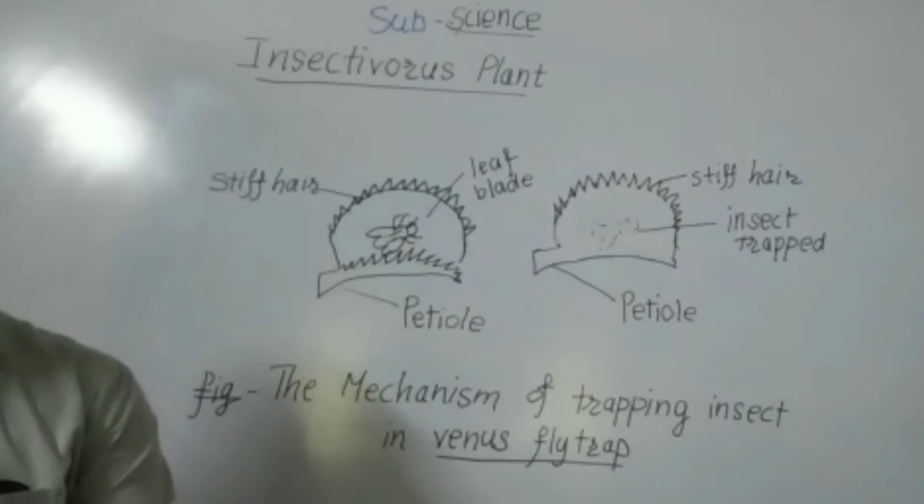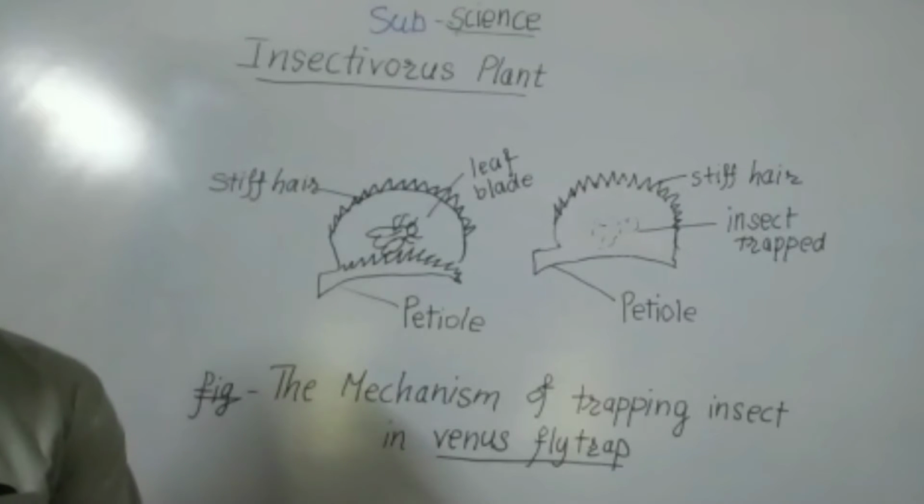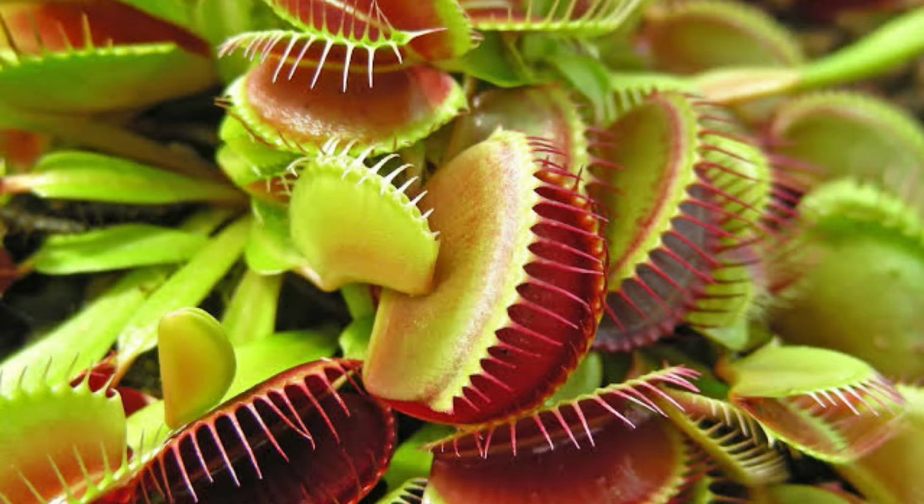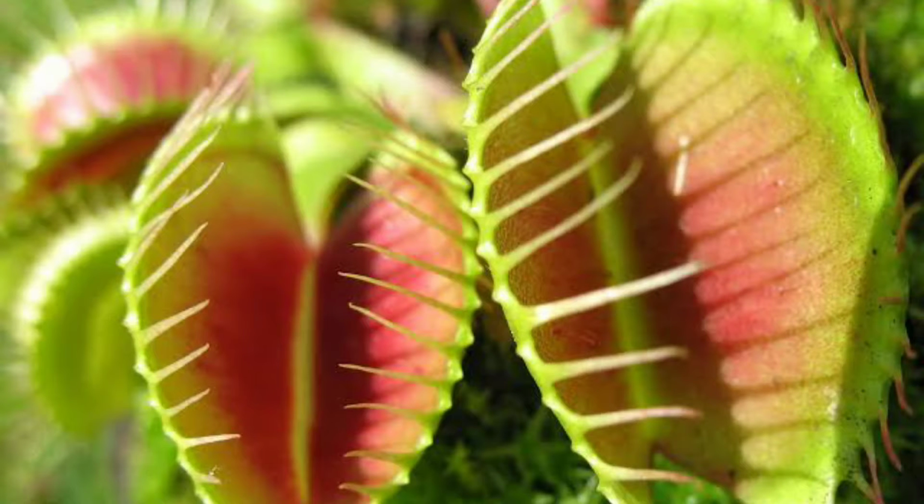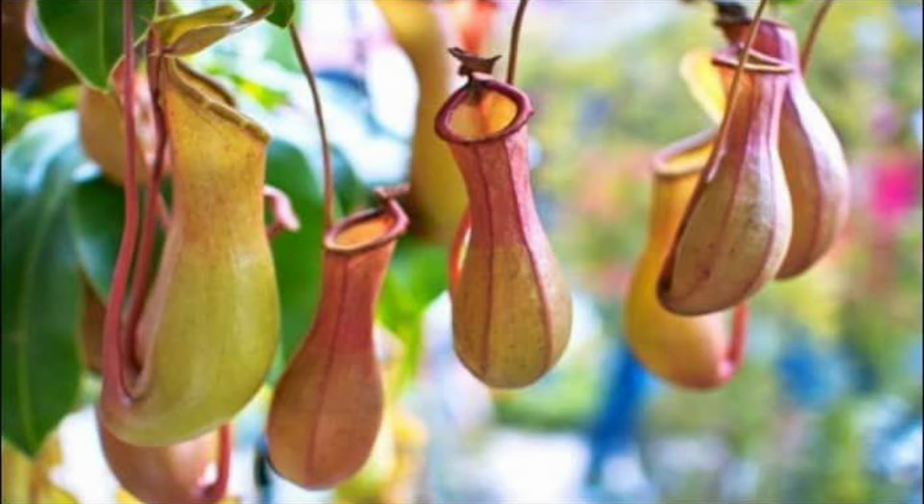These plants attract insects with the help of attractive colors, then the scent they spread in the air, then nectar, which, as you know, is sweet in flavor. Such kinds of attraction they make to draw the insects towards themselves. So the plants that trap and consume insects and obtain their nutrition are called insectivorous plants.